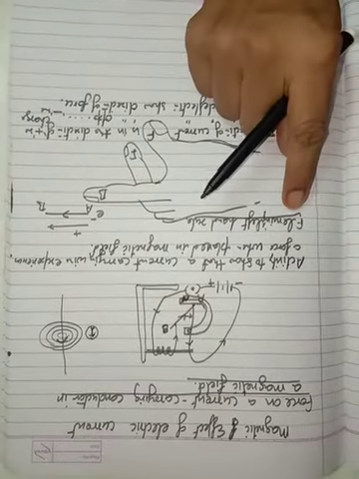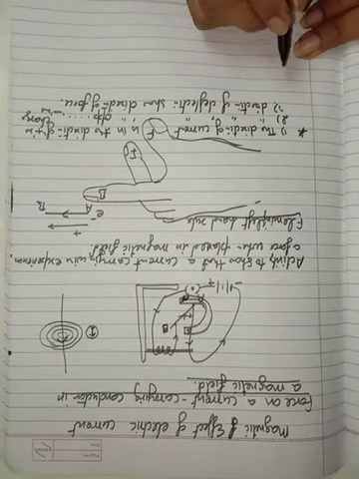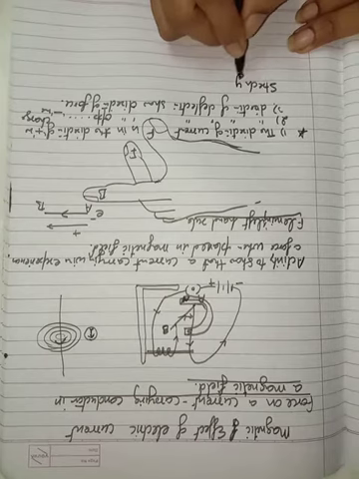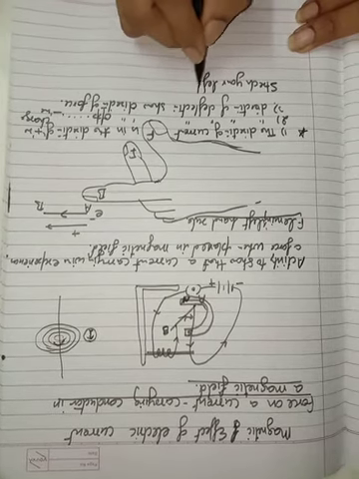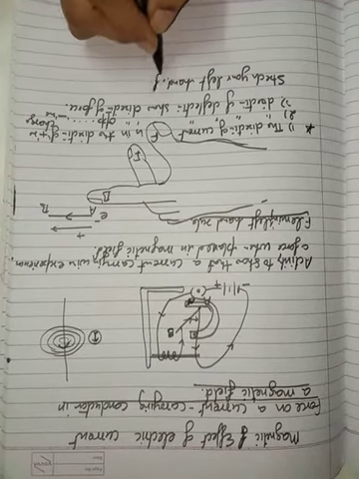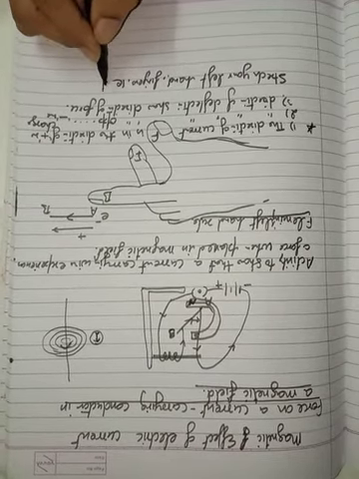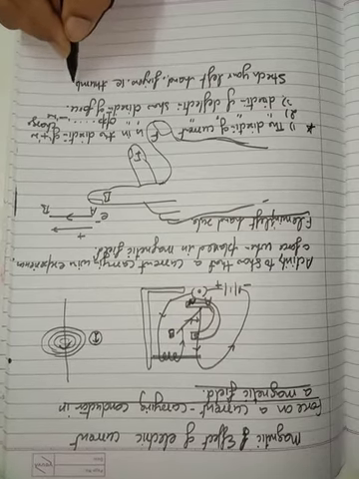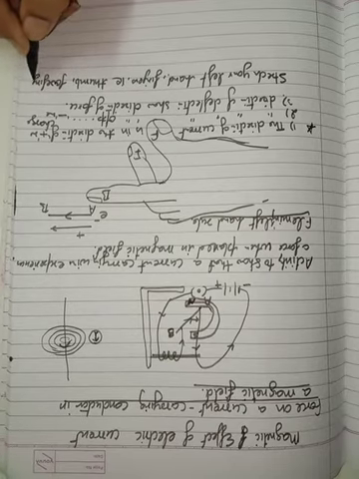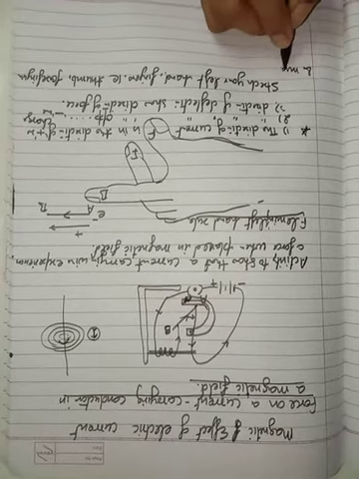Sorry, I forgot to write the Fleming left hand rule. Write the Fleming left hand rule. Fleming left hand rule is this: stretch your left hand fingers, that is thumb, forefinger, and middle finger,